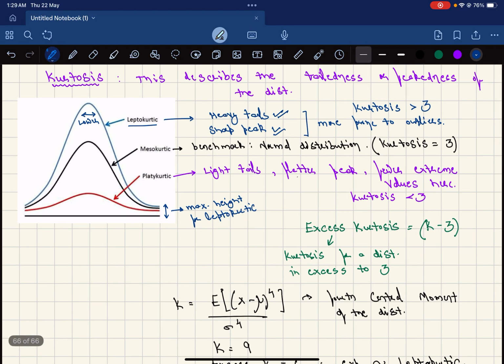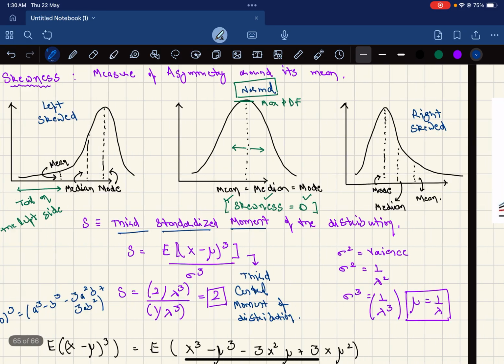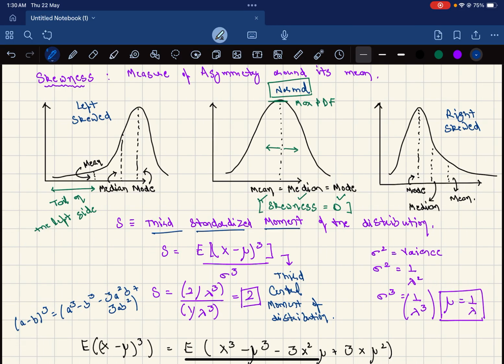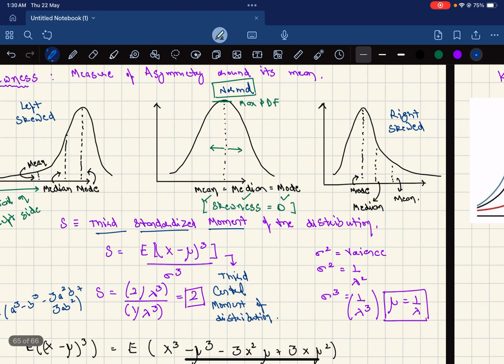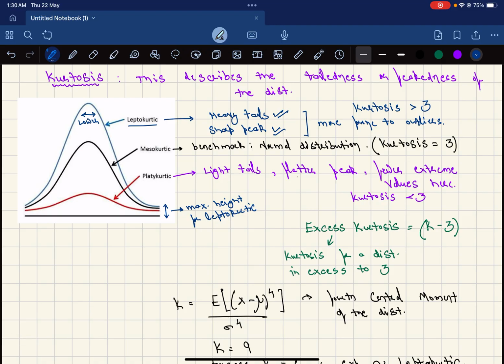So this is about the skewness and kurtosis of the distribution, which gives a good idea about the shape of the distribution without looking at the graph. If someone gives us the skewness value and the kurtosis value of the distribution, we can get a very good idea about the shape of the distribution in terms of how much data is more towards the tail or less towards the tail, as well as the length of the tails in both the right and the left direction. So this is how we define the skewness and kurtosis. This is it from this particular session.